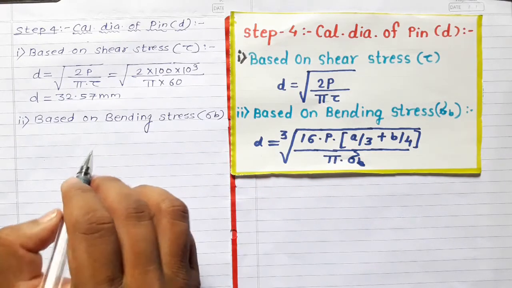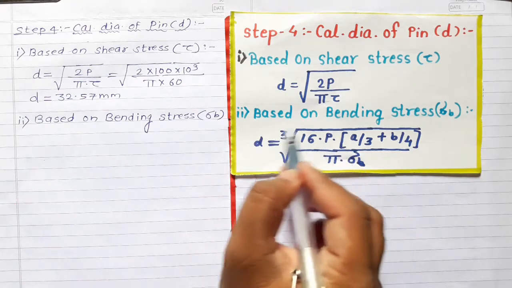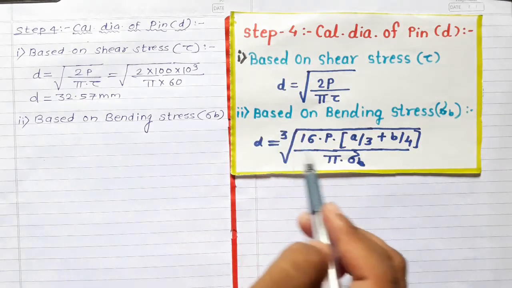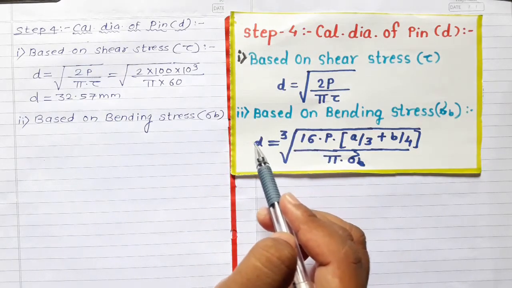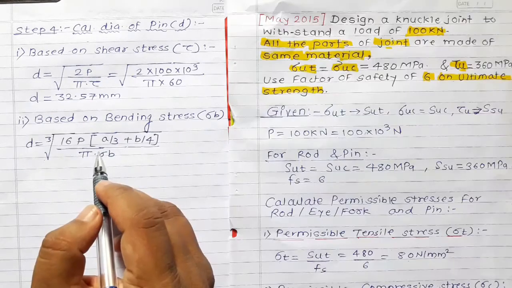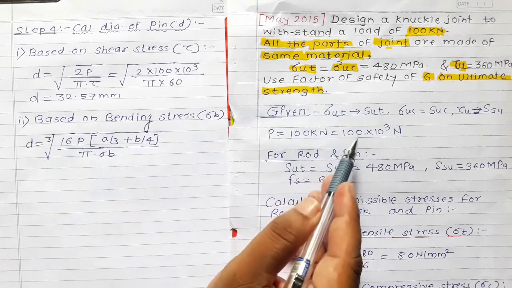Now in order to find out the diameter of pin d, small d, based on bending stress, we have to use this equation from the design procedure, that is from step 4 point number 2. This is the equation that we have to use so that we can get the diameter of pin small d. So now let us write this equation. In this equation P is nothing but the external applied load, it is 100 into 10 raised to 3